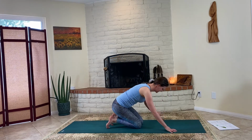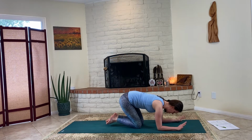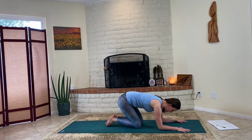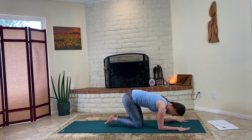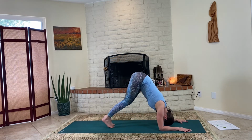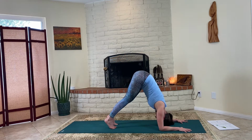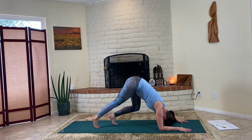Let's go ahead and come down to the forearms. Elbows under the shoulders, that's more narrow than you'd think. Hands wide or clasped, depending on what feels better for your arms and your shoulders. So relax the head, lift up off the knees for dolphin. Push down through the forearms. Really pull the chest into the shoulder blades. From here, we're going to walk the feet back,